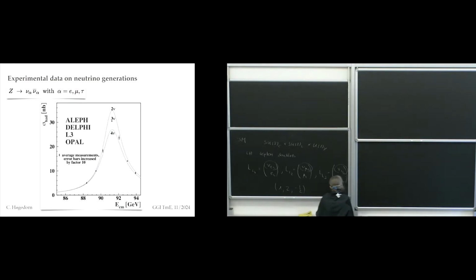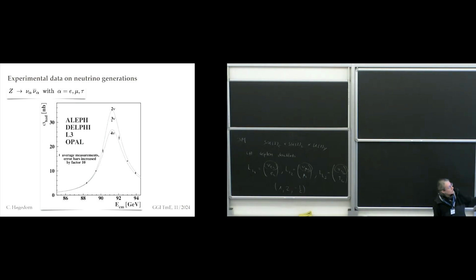If we want to address first the question, why are we sure that there are three of them, let me remind you what we know about the number of neutrinos. What is the number of neutrino generations? There we have data from the decay of the Z boson. As the experimentalists know very well, it's extremely hard to detect neutrinos. So if we ask about the decay of the Z boson to neutrino, antineutrino, we are actually asking about the invisible decay width of the Z boson.